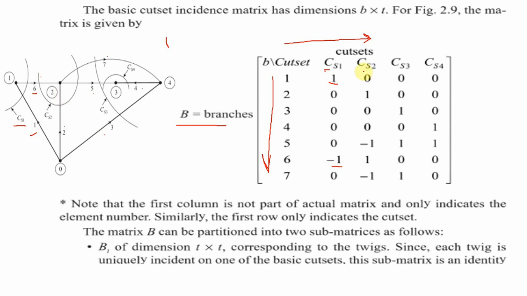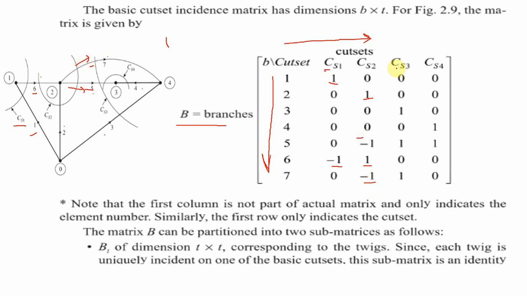Now for cut set number 2. So here I am forming the cut set like this. Like the directions of the twigs, it cuts one twig and the others are links. So here also 2 is incoming towards the cut set number 2, so that's why it is positive 1. Now next, 6 is also incoming, so that is positive 1. Now 7 and 5 are outgoing. Here this is 5, this is 7, these are outgoing, so that's why minus 1, minus 1.